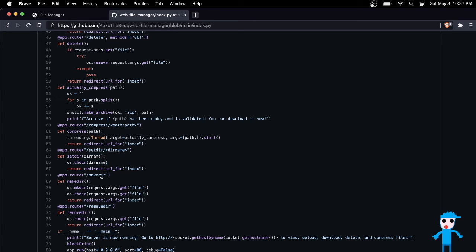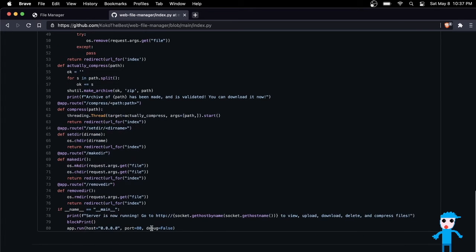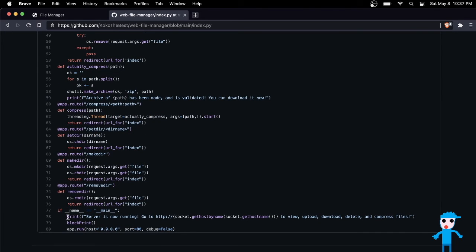I changed directory names. Makedir is just gonna create the directory and automatically change directories into it. Now removedir is going to rmdir, pretty simple. And this is just gonna do it. This is gonna get the host name and get the host by name, which is server's now running, go to blah, to view, upload, download, delete, and compress files. Block print,